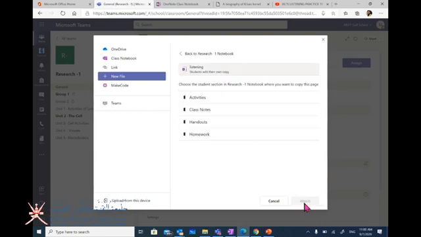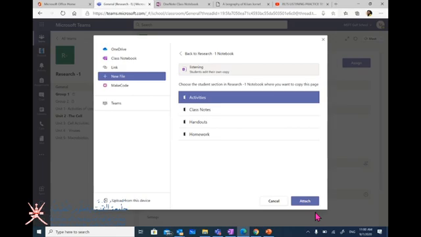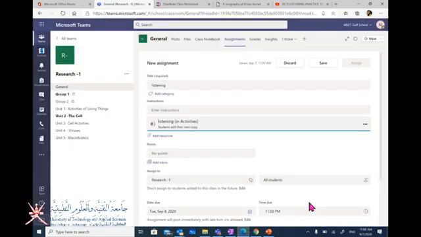I will say next. Now, where do you need to send it to, which section for the student? I need to send it, for example, to the class activities, and I will attach it. Okay, student added their own copy. So this is a blank one if you need them to write on it. Now, if we need to reuse, add resources,